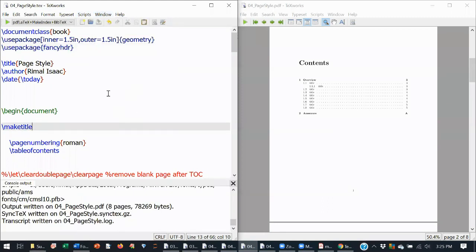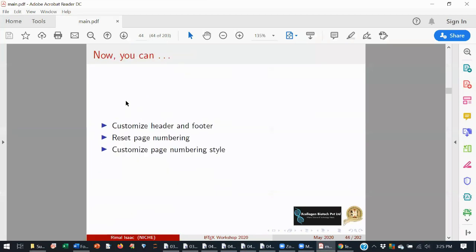What fancyhdr does is it lets you create custom headers and footers.